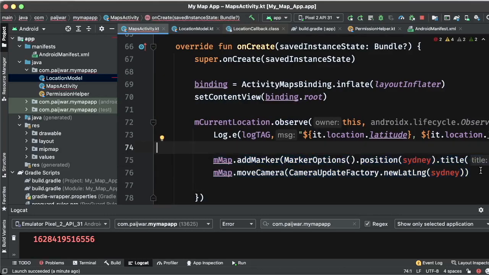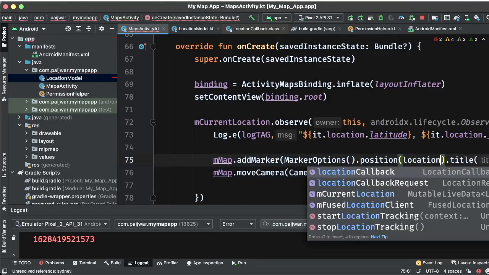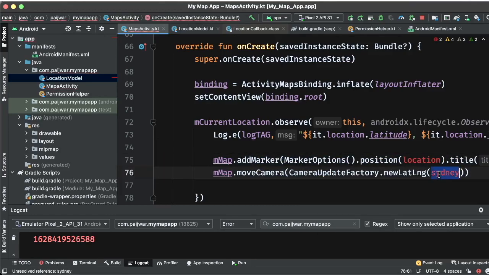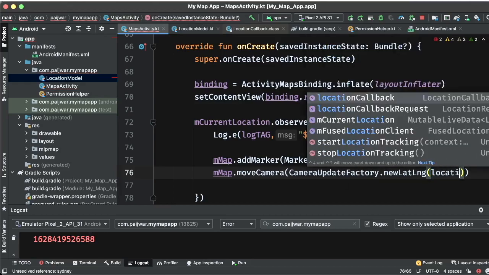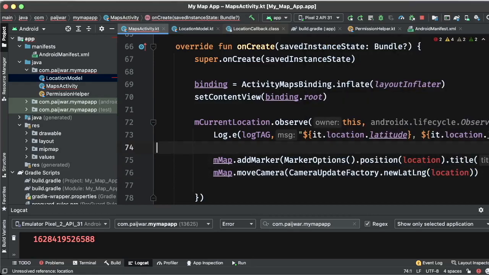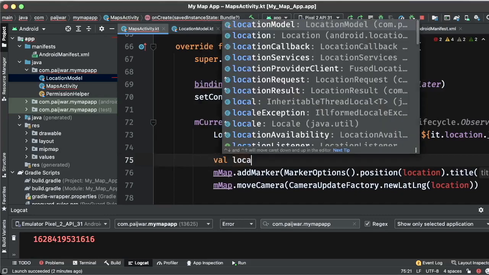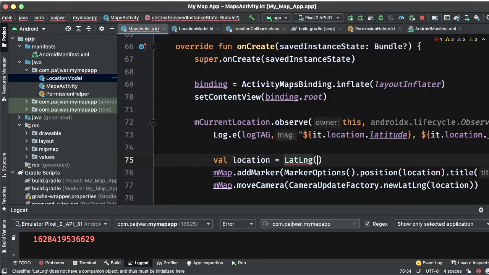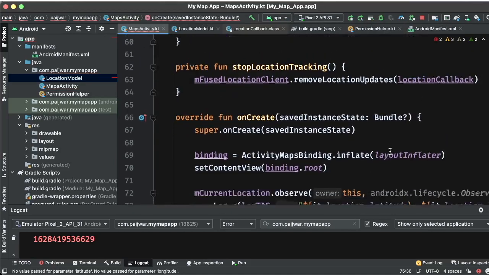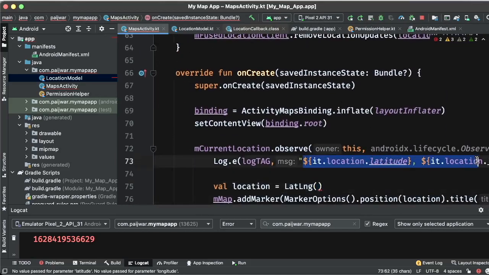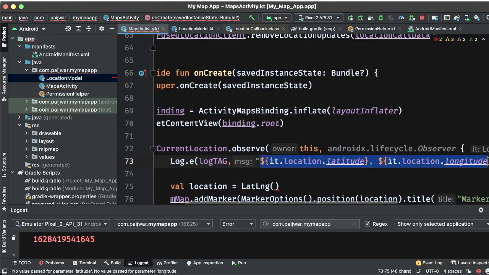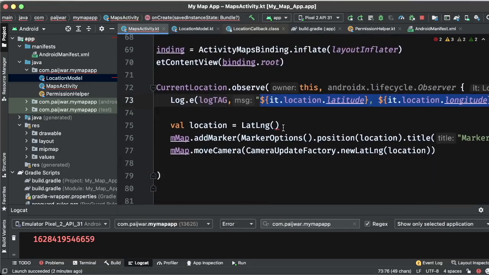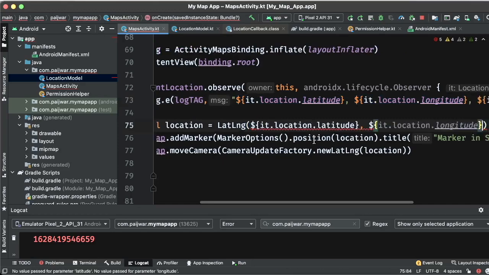Okay, so here this is the location. We can say it as a location, and we'll define this. Why I copy paste is that I don't want to make a typing mistake.